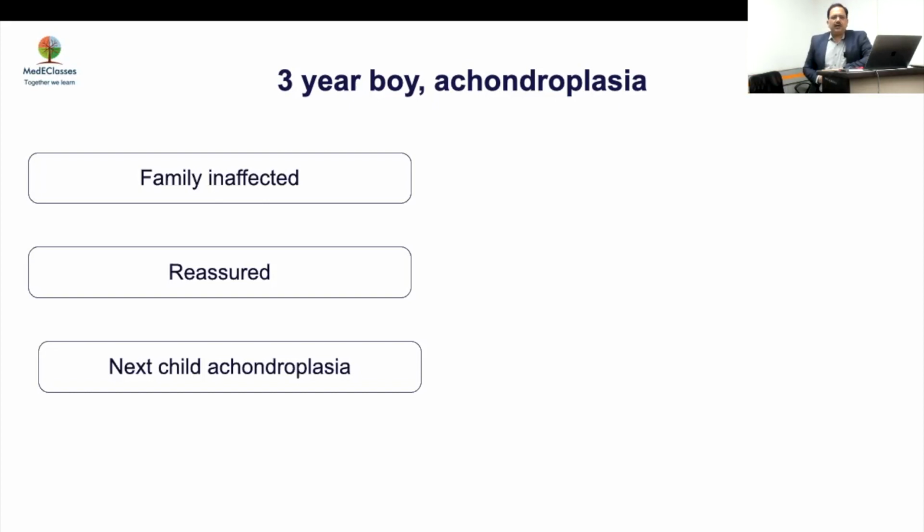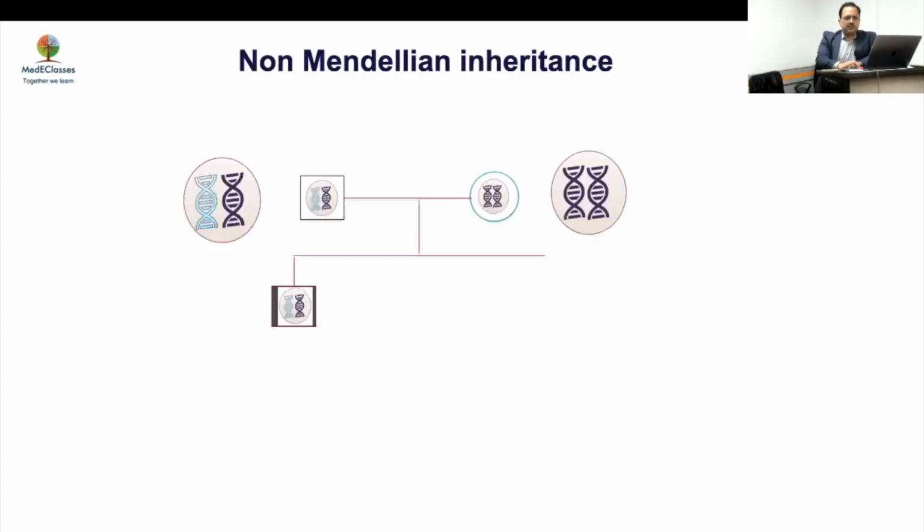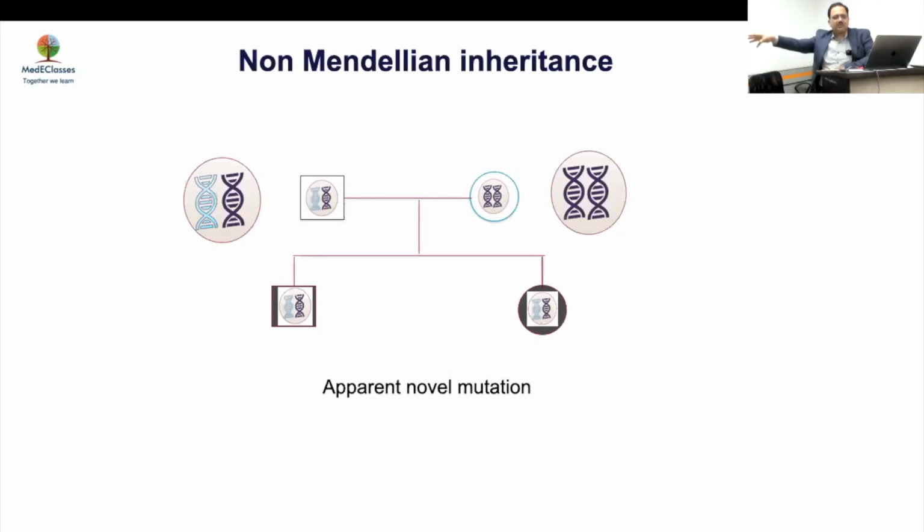Rarely, but something more likely, Cyan. So there was a mosaicism. So the mutation happened not in the somatic line, the mutation happened in the testis of the father. So father's sperms are carrying the mutation, but not his other cells. So that's why you have got a germline mutation which can cause this. So this is important. What about this inheritance? What you are seeing here is that it looks like there is an apparent novel mutation, but because father had a germline issue, this problem is coming into both the children, the same case we discussed.